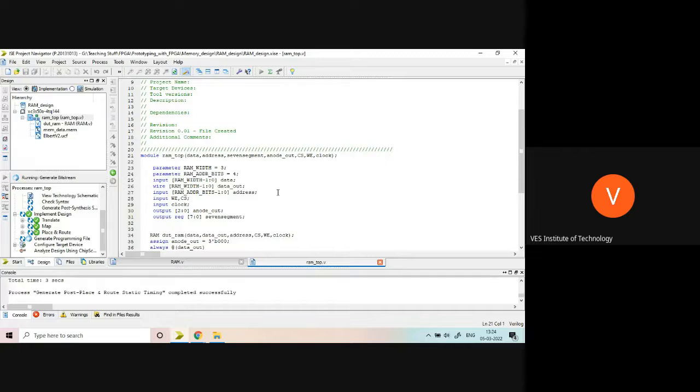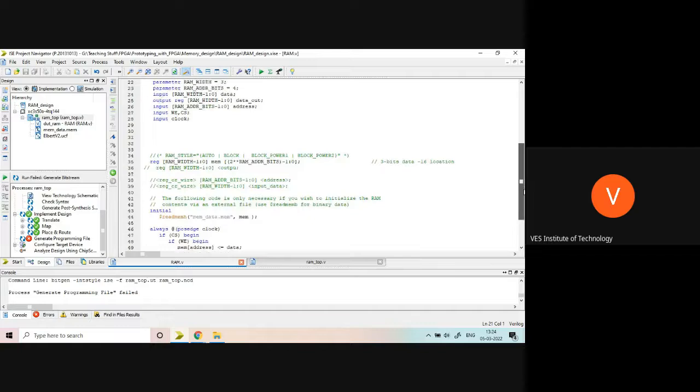When you become more and more familiar with all these things, you may try your own programming techniques. Okay, there is some problem with the generation of the file. Maybe I have made some mistake in the port formation, or there is some error with the code.